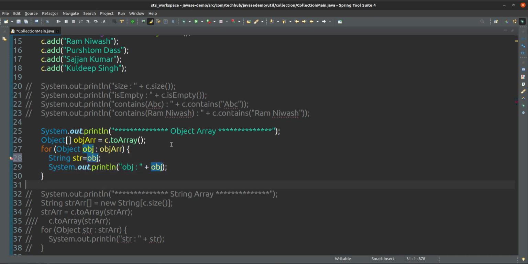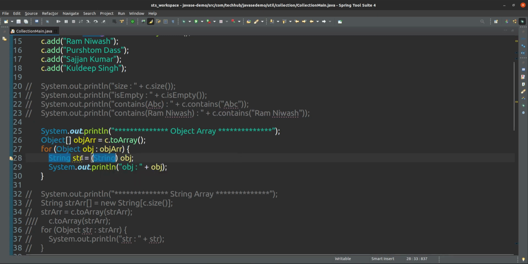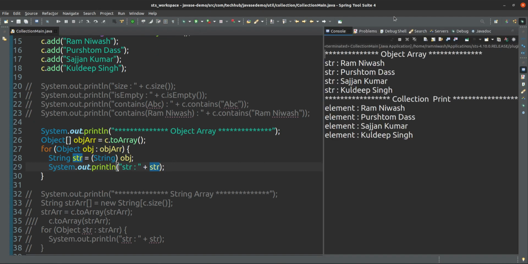You have to do a typecast, because this array is an object type, but we have to transfer it to string. In that case we have to give here String, then only it will work. It's working. This is the element, the object array.